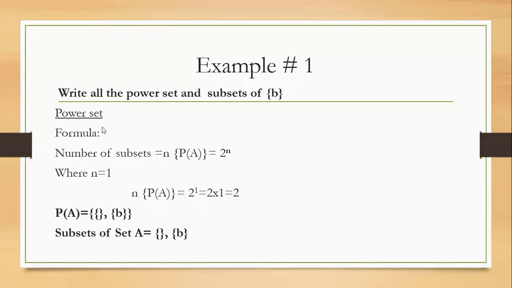How many subsets will be there? How many subsets will be there, students? 2 subsets must be there. If you have to find the subsets and power sets, how many subsets will be there? 2 subsets will be there. Okay. From the formula, we get that the number of subsets will be 2. Now, how can we find the power sets and subsets? Okay. Now, I told you in proper sets and improper subsets about the null set, what did I tell you?